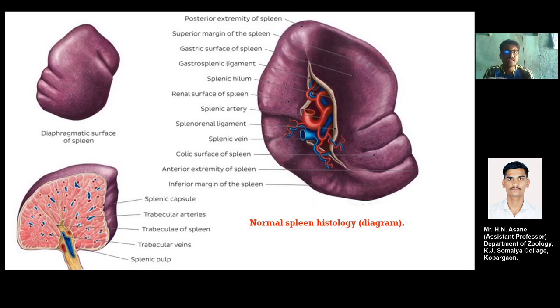So the splenic hilum provides the space for the arteries and the veins, and it is covered by these cartilaginous tissues. These splenic arteries provide the blood supply for the spleen, and the ligaments keep the spleen from getting displaced during any mechanical injury; that is prevented by means of these particular ligaments.